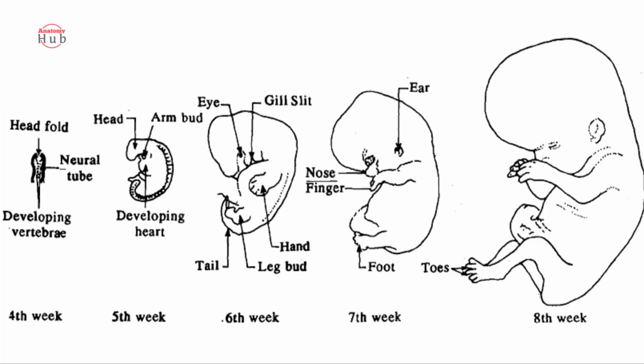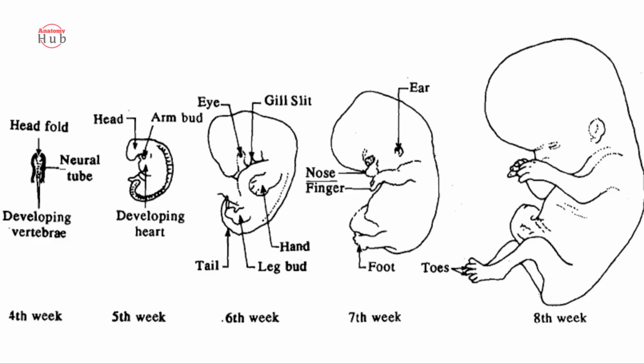At the 6th week, hand plates appear along the upper limbs. Digital rays also begin to develop, indicating formation of the digits. Auricular hillocks develop around the first pharyngeal cleft, that is the external acoustic meatus. The auricular hillocks form the pinna. The head is much larger as compared to the trunk. It is bent owing to the bending of the neck region.